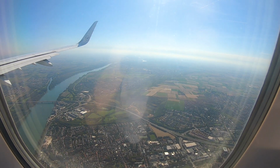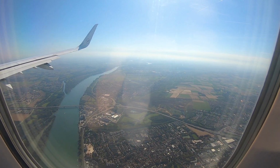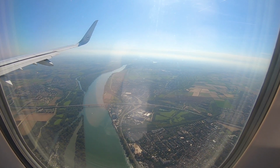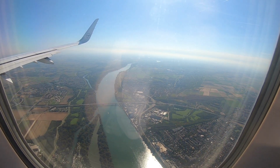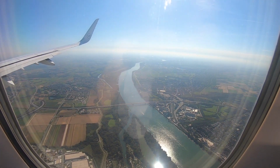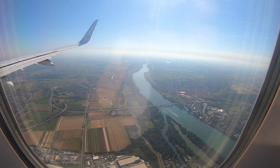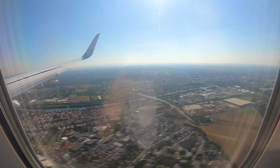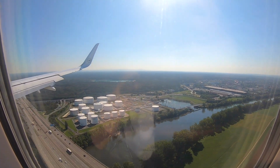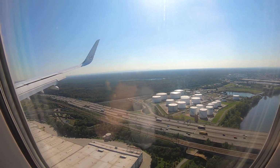Here we are crossing the Rhine again over the city of Mainz, and now we're getting closer to the airport. Soon after we are crossing the river Main twice. Here we can see the Main, and now as you can see we are already pretty low, crossing the river Main again, and now we can take a look at our landing and of course also listen to it with